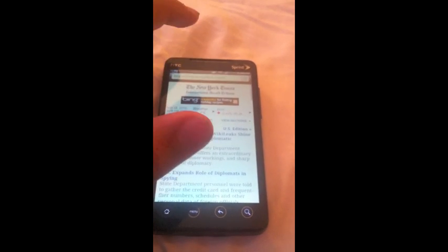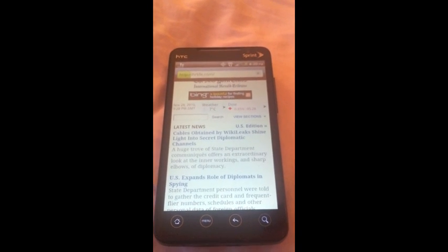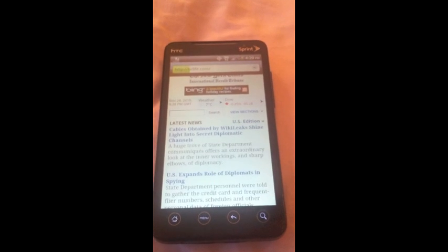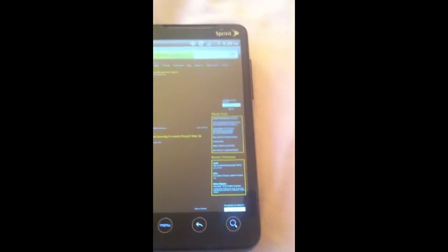But we'll just reload this page. We'll go to Hot Rod. See, it's taking a little bit. That's the one thing I haven't enjoyed about the Sprint network. It's kind of slow, but it's not what they tell you the phone's going to be like. So we'll just scroll around on this website